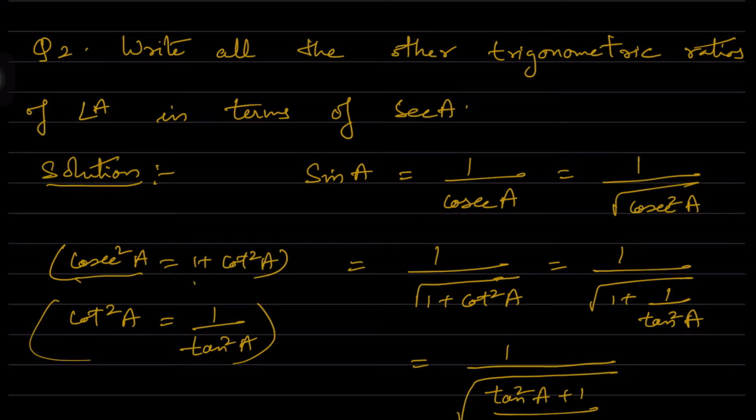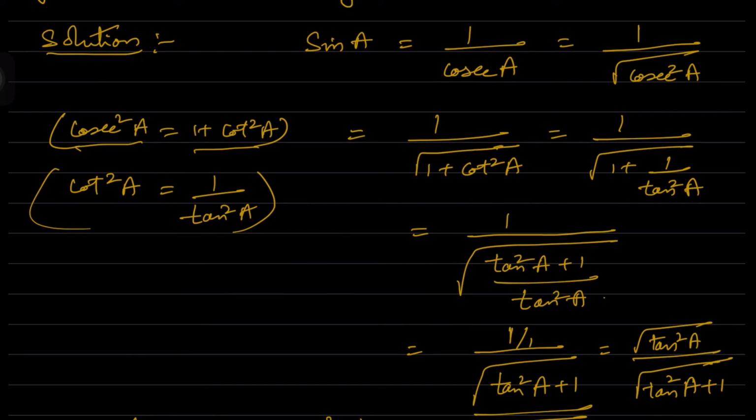and you know that cosecant square A is equal to 1 plus cot square A. So which is equal to 1 by root of 1 plus cot square A, which is equal to 1 by root of 1 plus 1 by tan square A. Tan square A is here because you can write cot square A as 1 by tan square A, which, if you take the LCM over here, you get tan square A plus 1 by tan square A. Now the numerator you have is 1, so that can be written as 1 by 1,